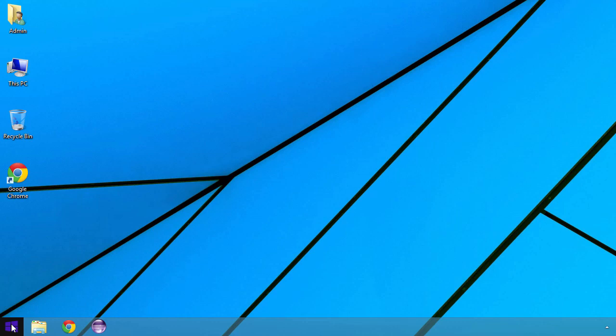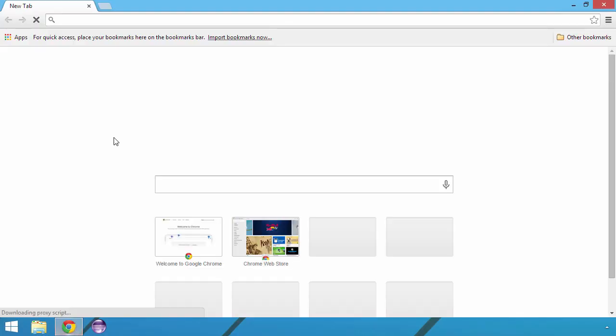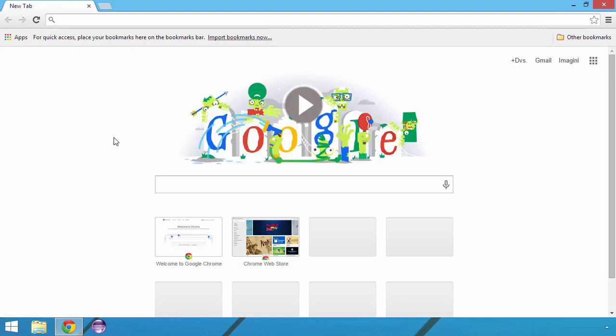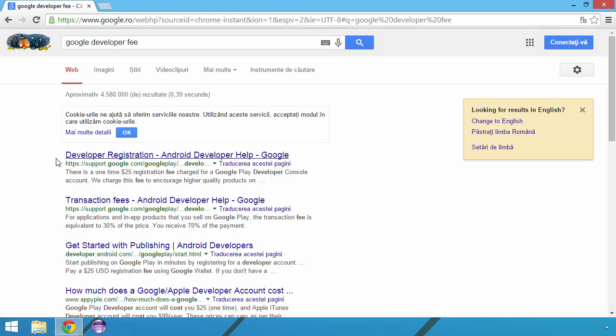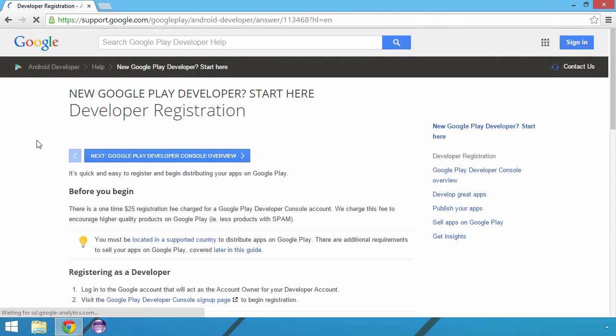On the other side, if you want to distribute or publish your applications on the Google Play Store, you will have to pay a Google Developer's Fee. Let's open up a web browser and search for Google Developer Fee. If we access the first link from the results page, we can find more information about this. We can see that Google is charging a one-time fee of